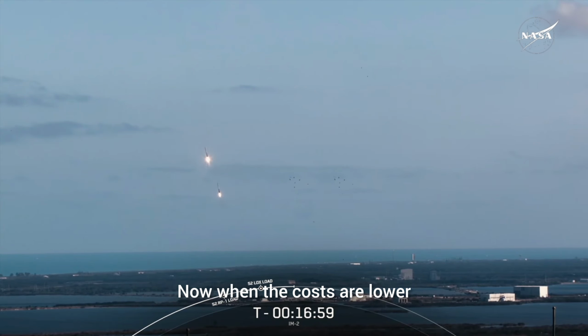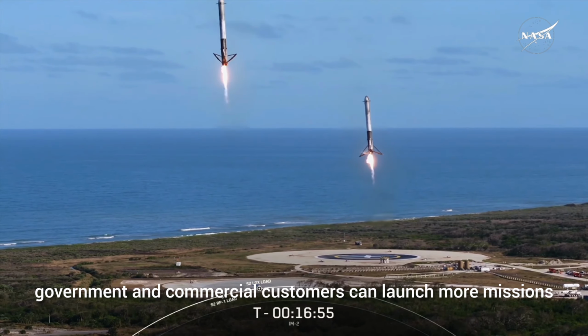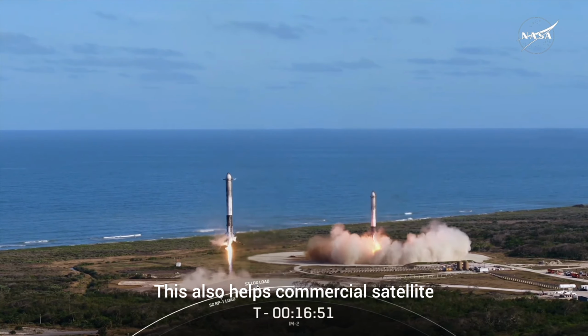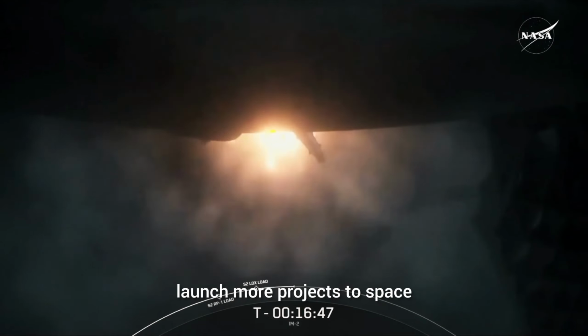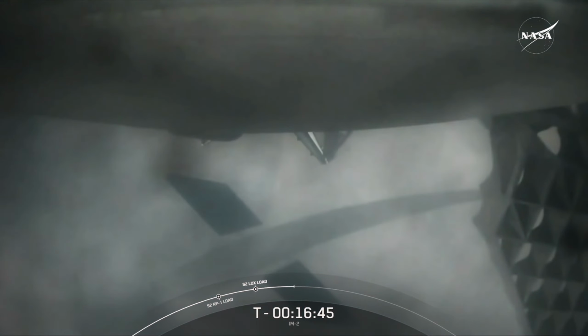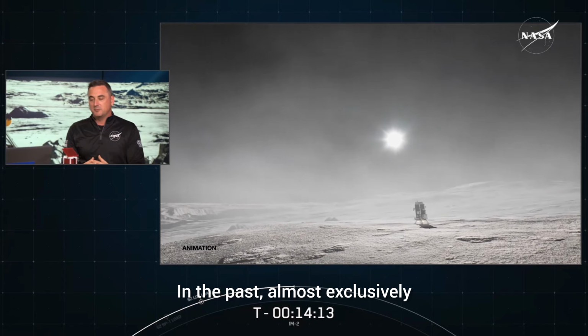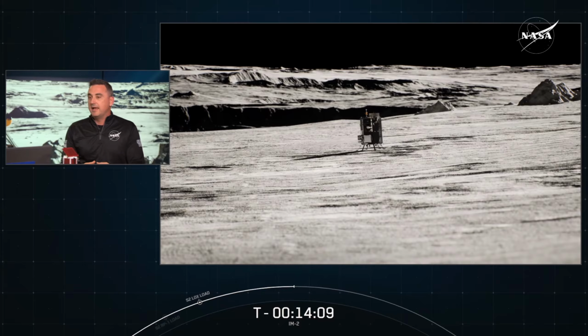Now, when the costs are lower, government and commercial customers can launch more missions, which helps accelerate development. This also helps commercial satellite and private research customers afford to launch more projects to space, and that helps stimulate innovation here on Earth. In the past, almost exclusively planetary exploration has been done with wheeled rovers, and that's been